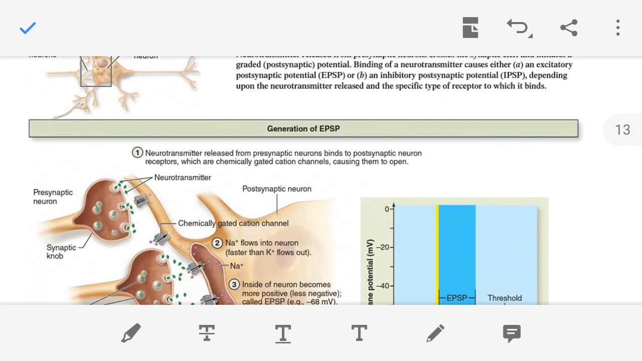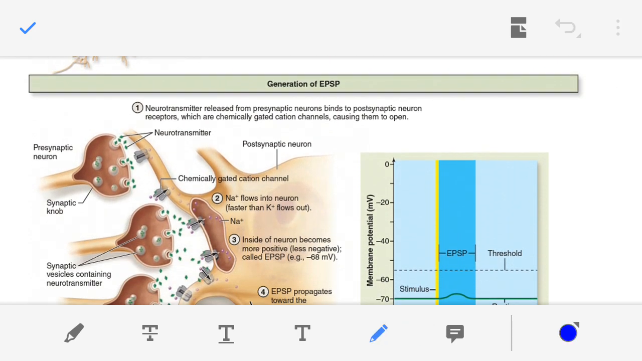So now let's understand how these EPSPs are generated. First point: the synaptic vesicle bursts, exocytosis of the synaptic vesicle occurs, and neurotransmitter is released from the synaptic vesicle. Now this neurotransmitter binds to the receptor present on the plasma membrane of the postsynaptic neuron, and